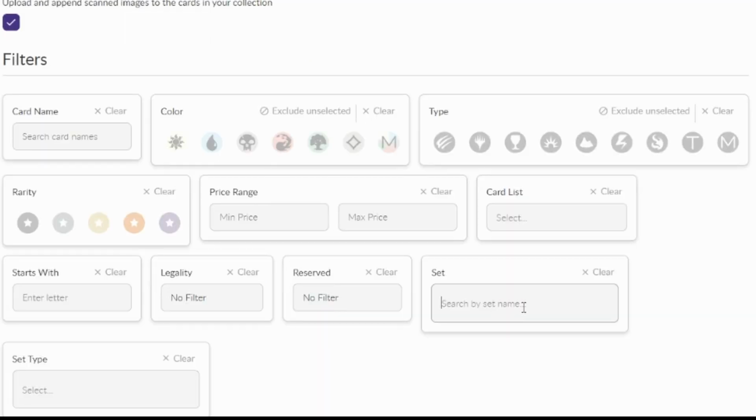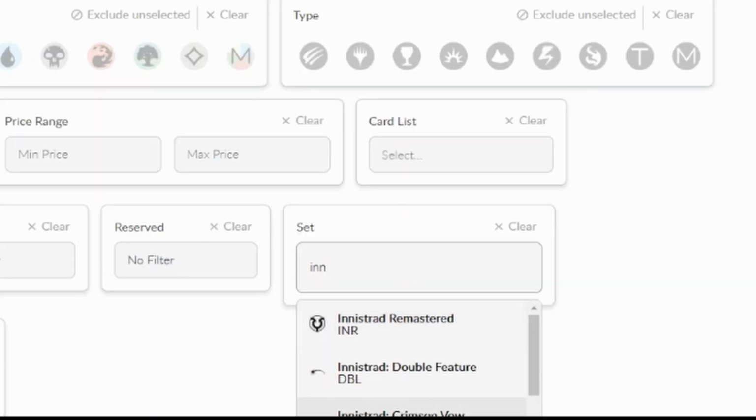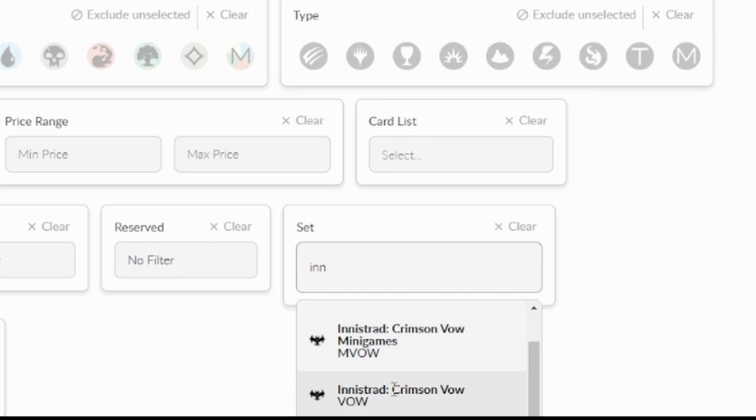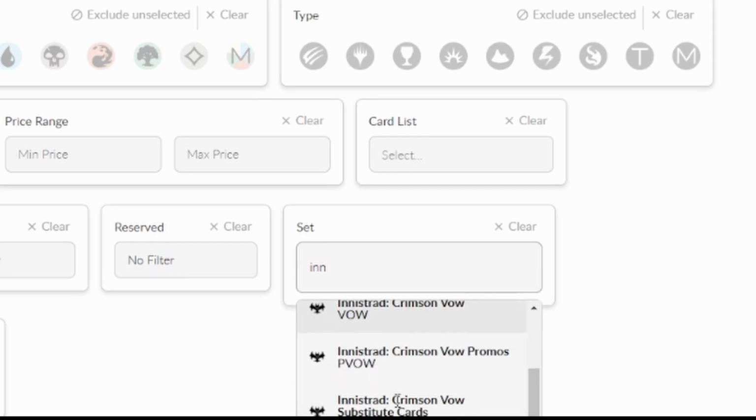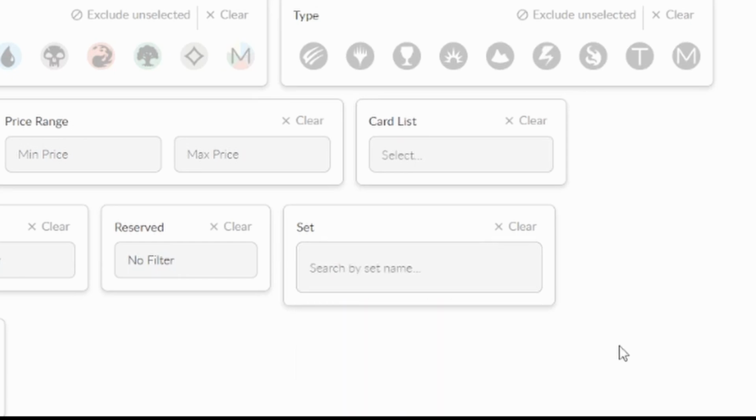So if we were doing Magic and I was doing the letter I, I could have it pull out everything that was Innistrad: Crimson Vow, right? And then it would just reject everything else, and what I would be left over with is a stack that is only cards from Crimson Vow. And then I could run it back through again for Midnight Hunt, and I can just do that for the biggest 2 or 3 sets that are in the pile, and then I'll have that pulled out for me,